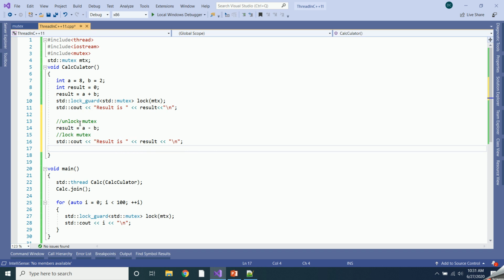So whenever we want, we can unlock the mutex and lock the mutex.